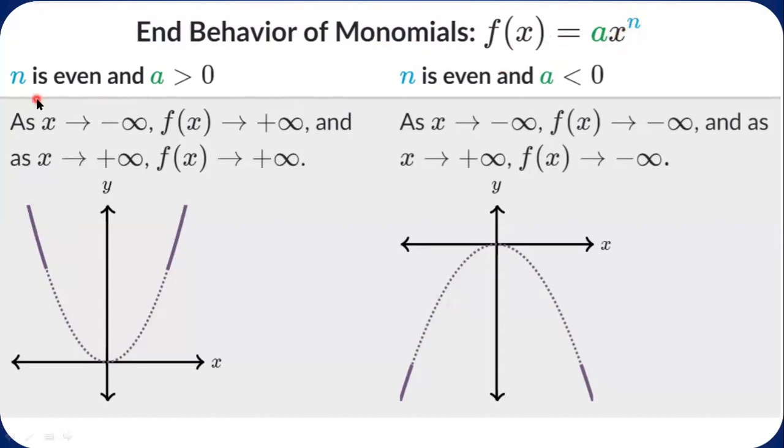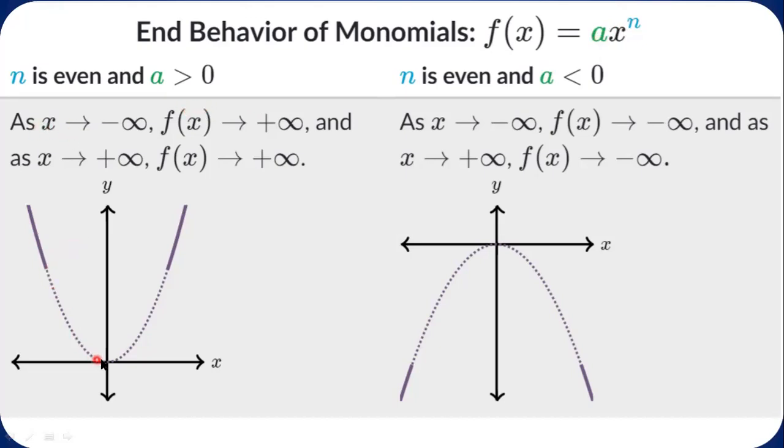So look at this: n is even, and a is greater than 0. What I mean to say is that this leading coefficient, because this is the equation of the parabola, you can say f(x) equals 2x^n plus b, or whatsoever the format is. But if you are looking at this a, this is positive and n is even, then you will get this graph,